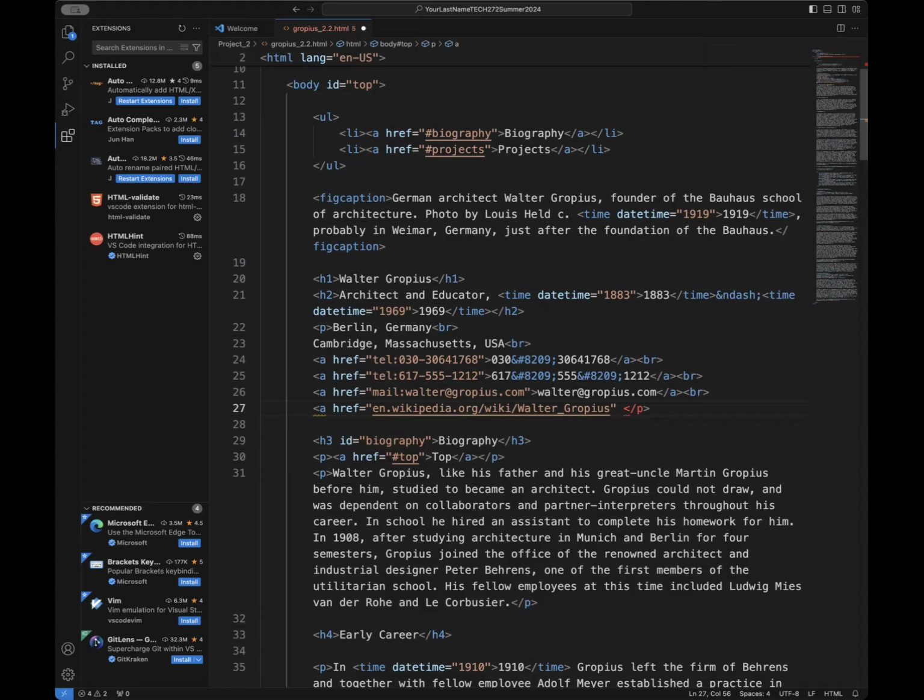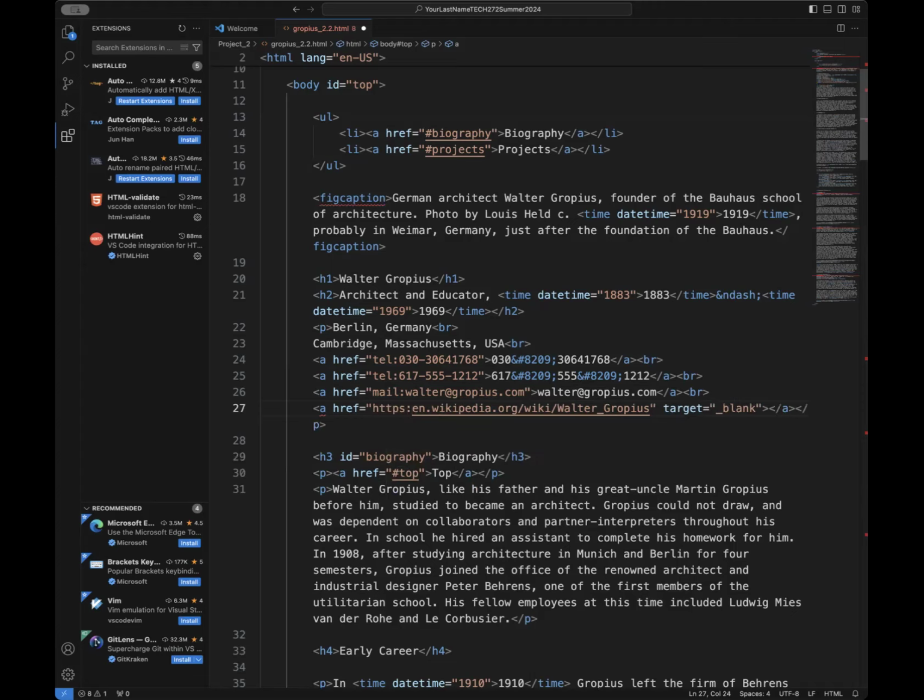And to do that, I'm going to go to target equals quote underscore blank and then greater than, and then there's actually an error here, because this is not a complete link and probably wouldn't work. So what we're going to do is type https://